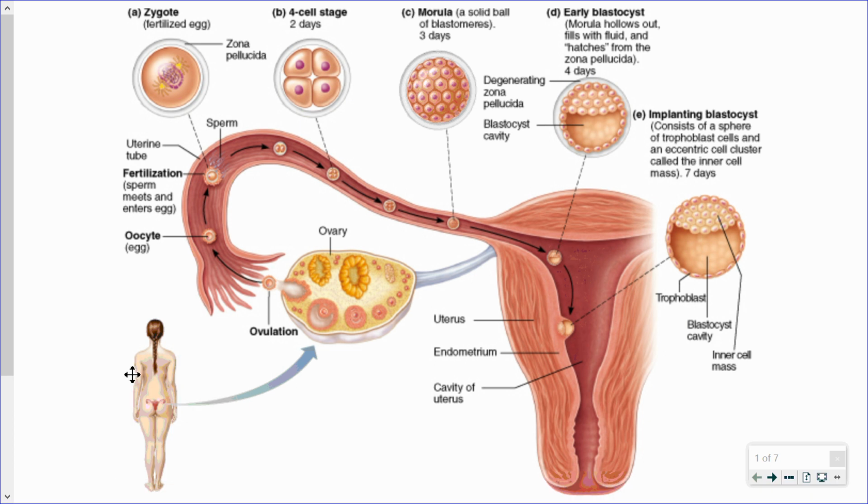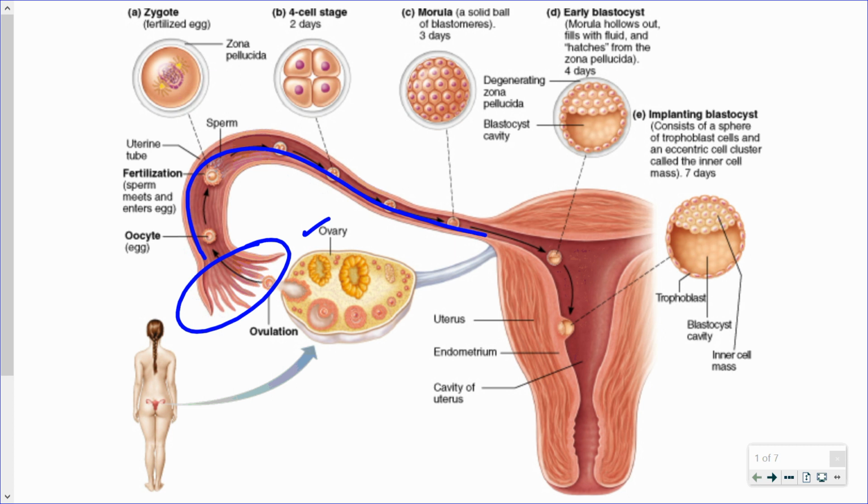This lesson is going to be on fertilization and early embryonic development. We're taking a look at this first slide, which is a cut through the female's reproductive system. Some of the structures that we can hopefully identify here: the ovaries, or at least one of the ovaries. We can see the fallopian tube, or the oviduct, the ovarian end or opening of the fallopian tube where we